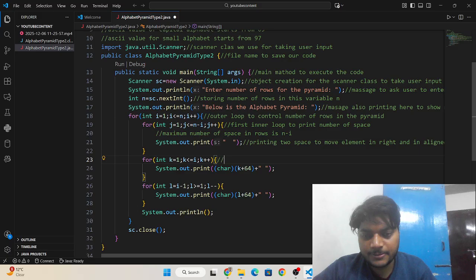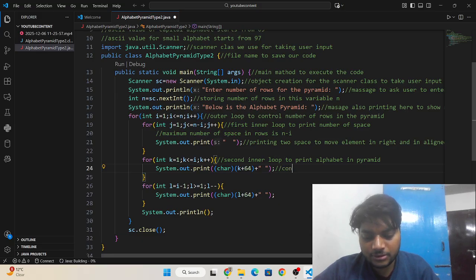This is the second inner loop to print the alphabet in the pyramid.